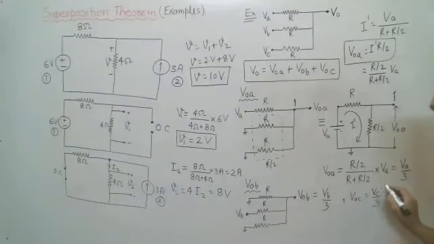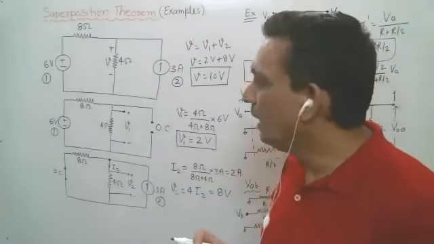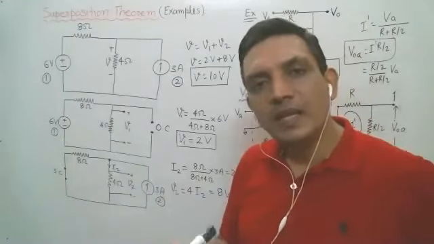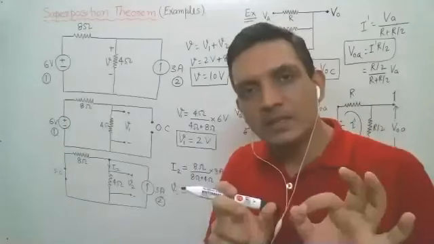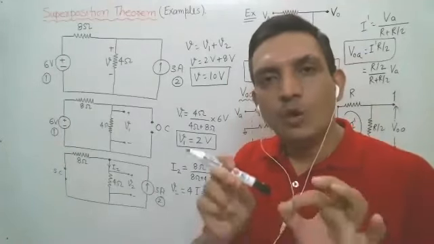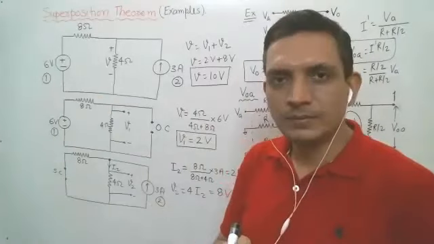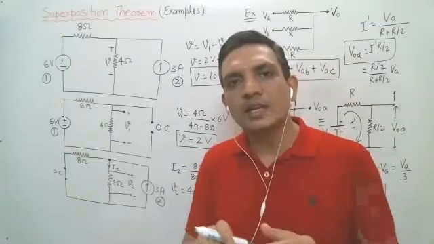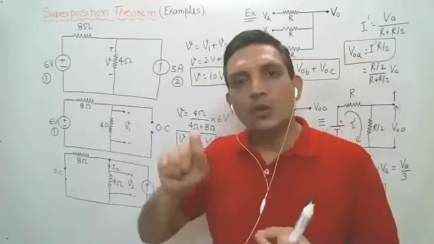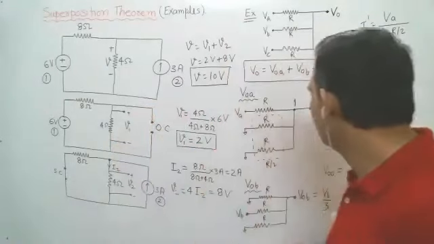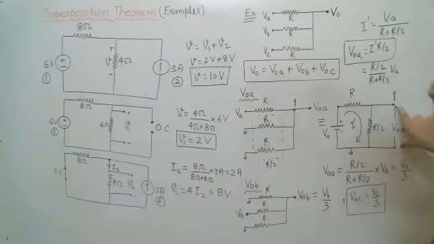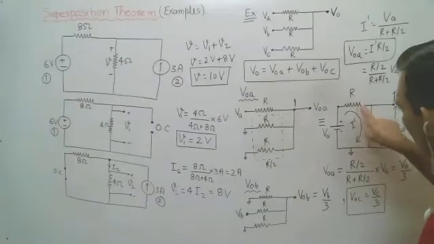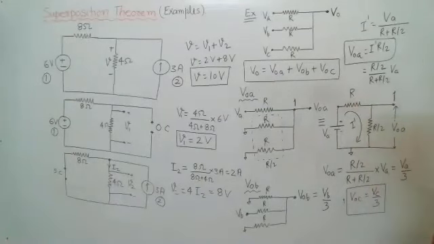What is the meaning of short circuit? Short circuit means 0 resistance, so 0 drop, and open circuit means infinite resistance. So this voltage is the open circuit voltage. That's why current is flowing in this loop only, because the other path is an infinite resistance path.